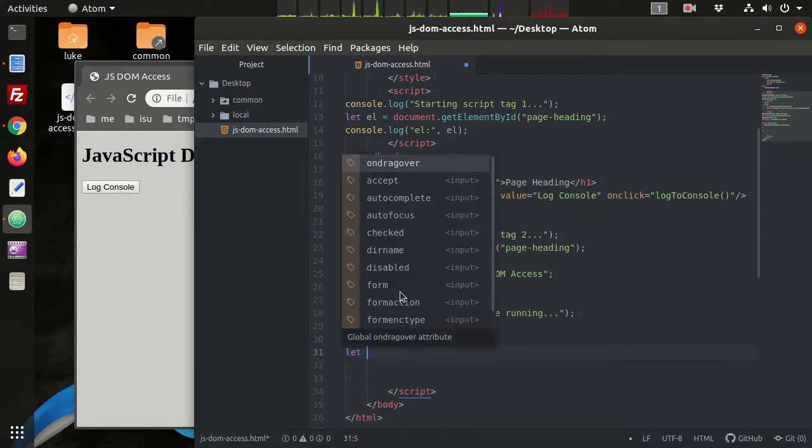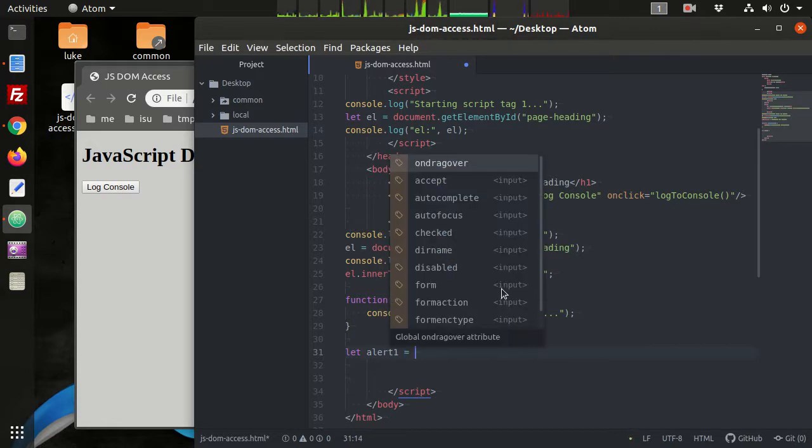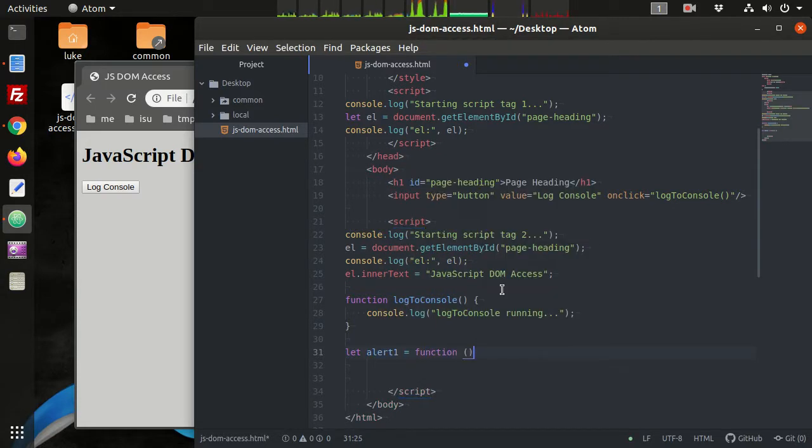So I can create a variable name, and this one we can say is alert1, and we're going to set that equal to a function. Now this function has no name like this one. See, here we had function and then the name and then the parentheses. This is what's called an anonymous function. Okay, so we're defining a function here, and then that function is getting saved into this variable name. Okay, but because this entire statement is an assignment statement, we do need the semicolon if we create the function like this. Okay, so what this is going to do is going to allow us to use the window.alert